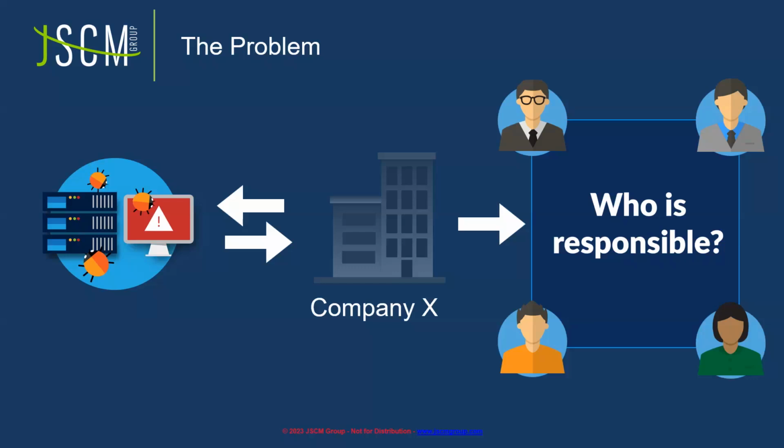What happens in a lot of these situations is that we can't actually answer this question. We don't know who's responsible. We don't know, if that email comes in, who's going to be the one that addresses it? Who's going to be the one that sends out the alert? Who's going to be the one in contact with the third party to determine what they've been doing? We don't have an answer for that. And that's where we start to get in trouble.